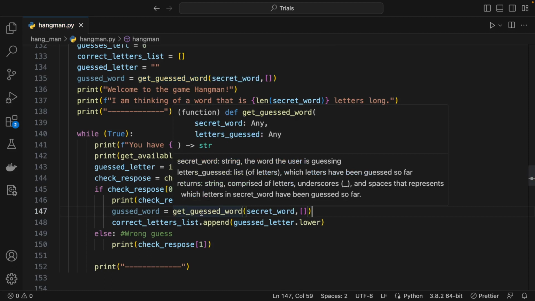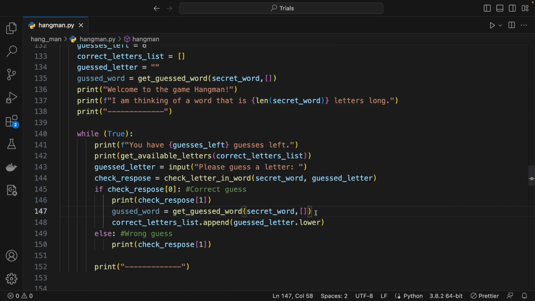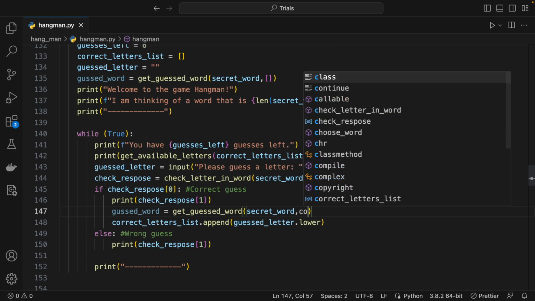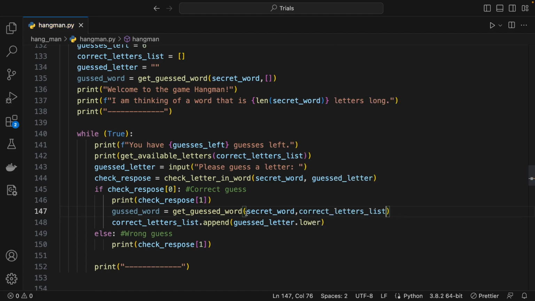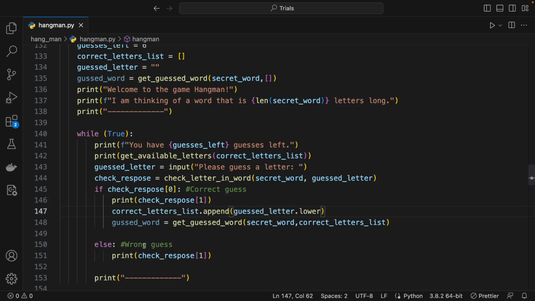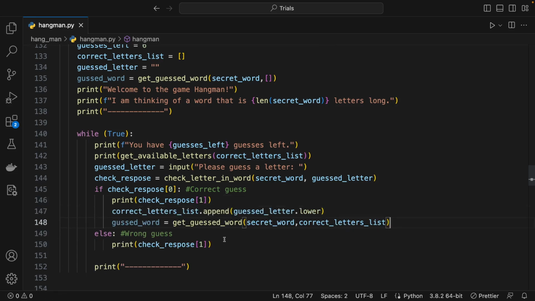But instead of giving an empty list, we can give the correct letters list. So this one should be the latest updated list, so I should do the updation first, then pass it to this get guess word function. So after that